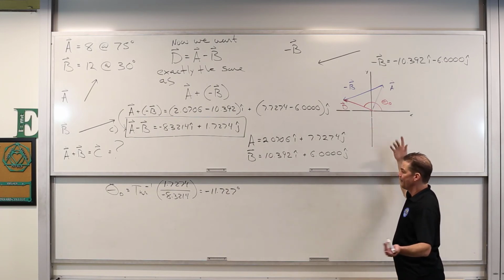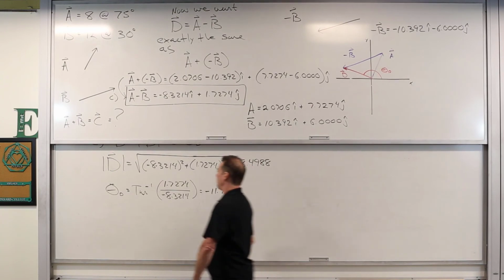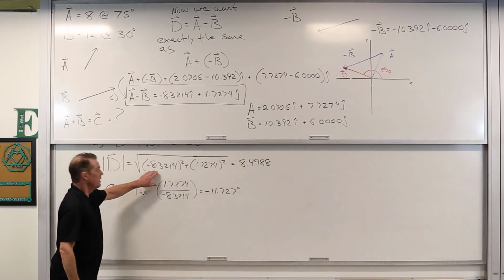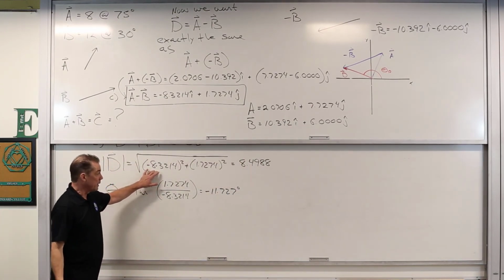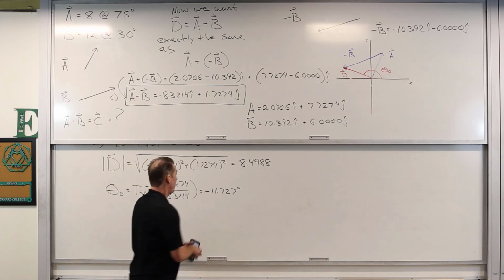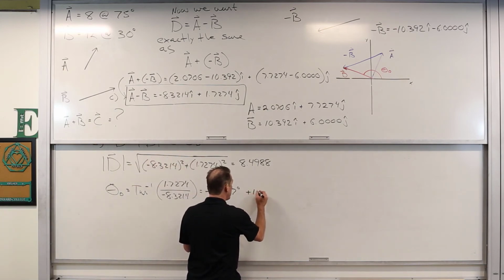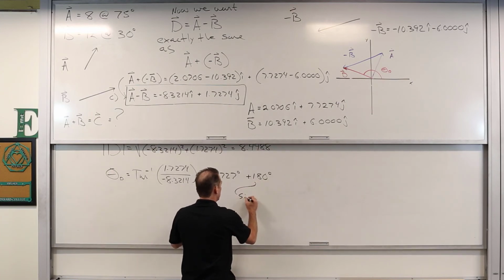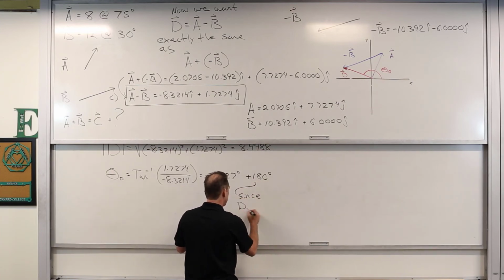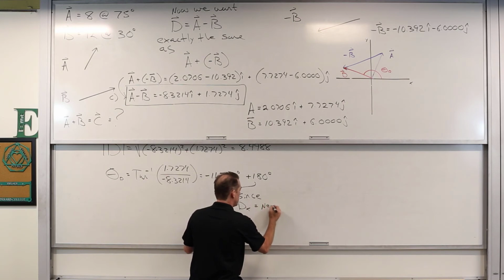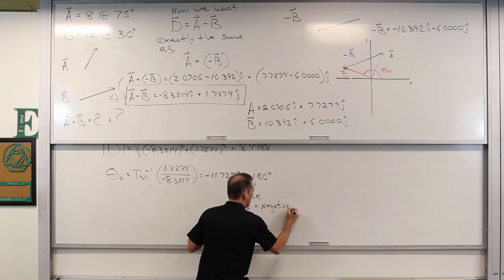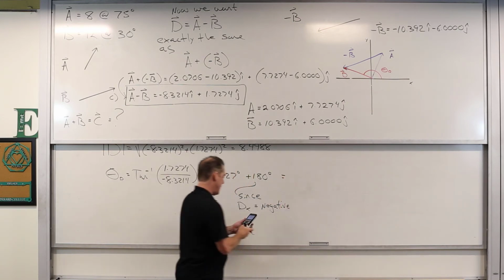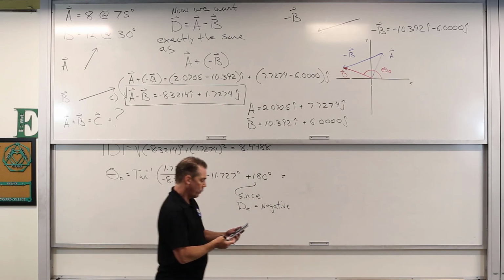The x-component's negative, so you are going to have to add 180 degrees onto the answer. So we have to add plus 180 degrees since d sub x is negative, and that gives us